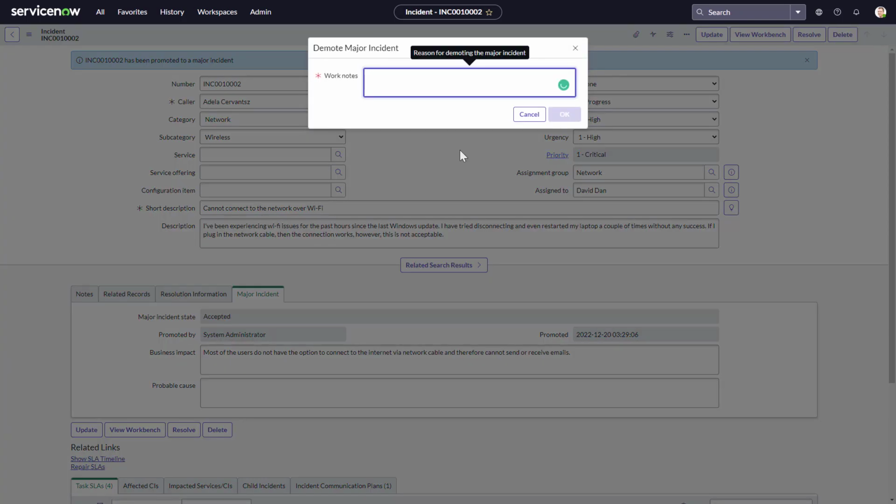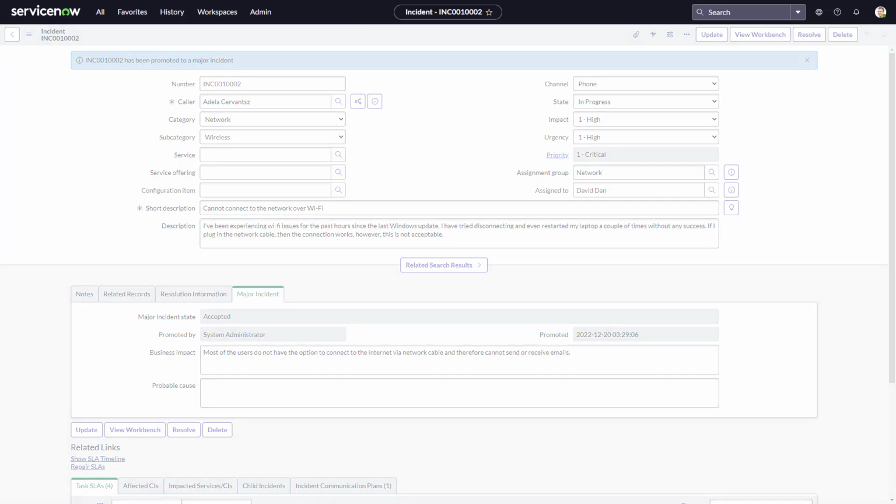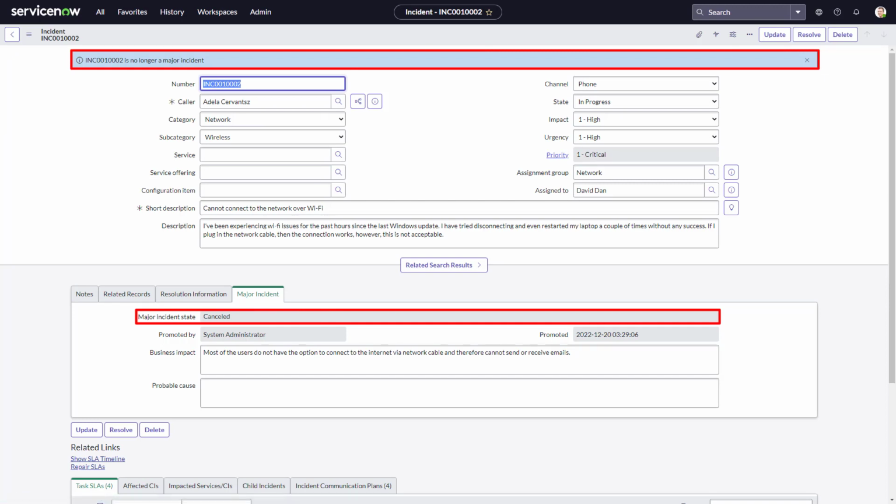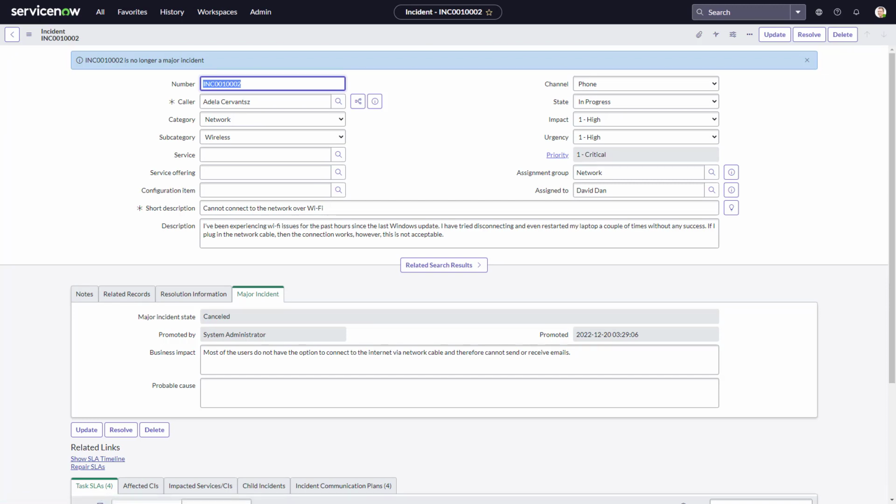Now, fill in the work notes mentioning a reason for why you are performing this action, and then click on OK. Once you do that, you will get a confirmation message informing you that the current incident is no longer a major incident. It was that simple to demote a major incident, but for our demonstration, I promised the end-to-end,